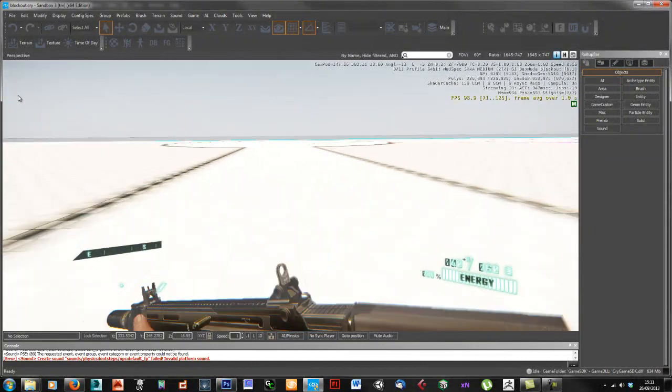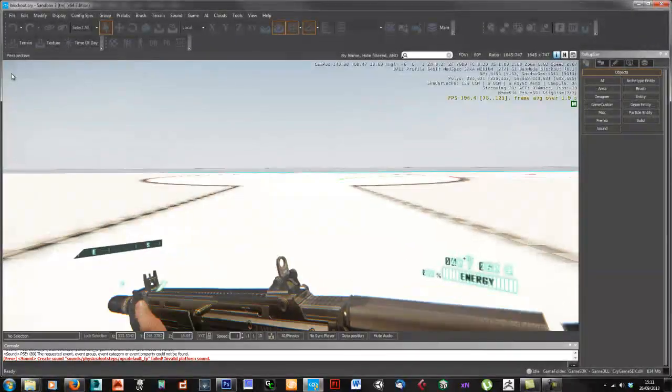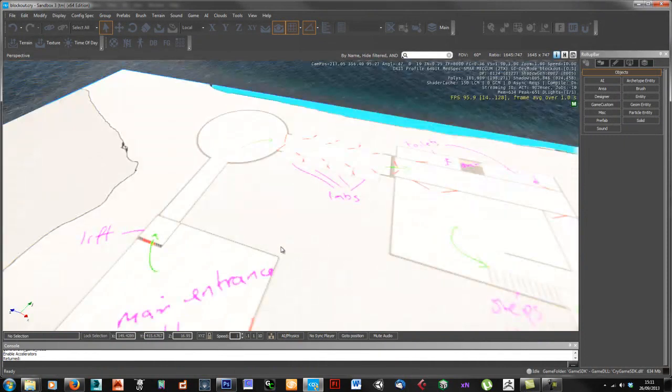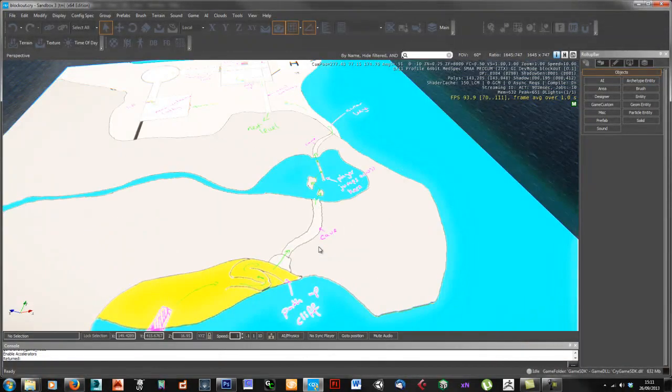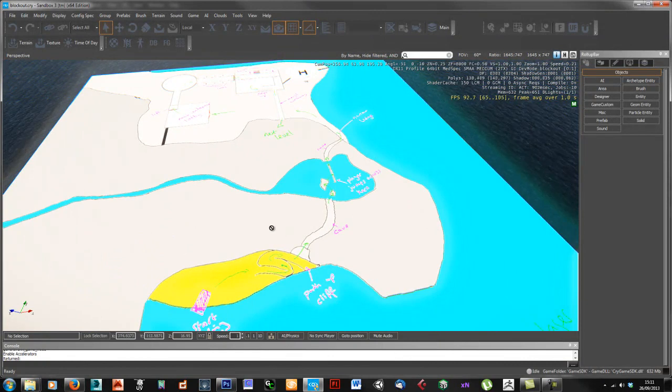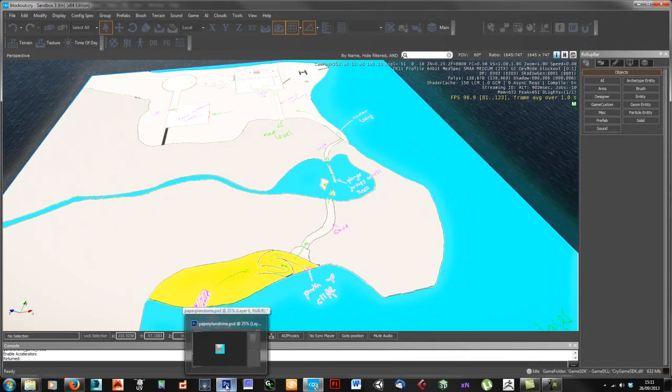That could possibly be a bit smaller, but generally the scale of it is looking okay. So if the scale seems completely off, then you might want to resize your map, or you might want to just